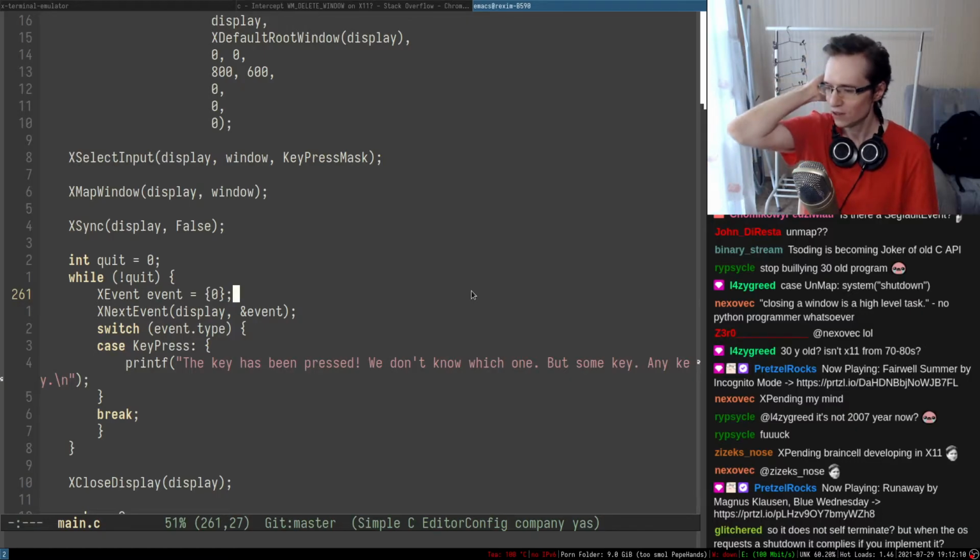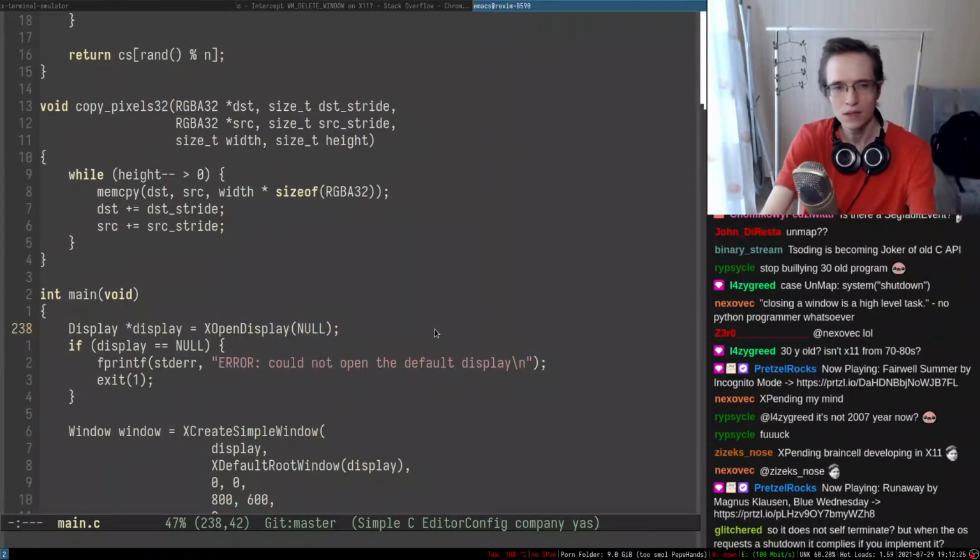So it does not self-terminate. No, it does not self-terminate. But when the OS requests shutdown, it complies if you implement what? Complies? OS shutdown? What OS shutdown are you talking about? I'm sorry, I don't understand. Anyways,